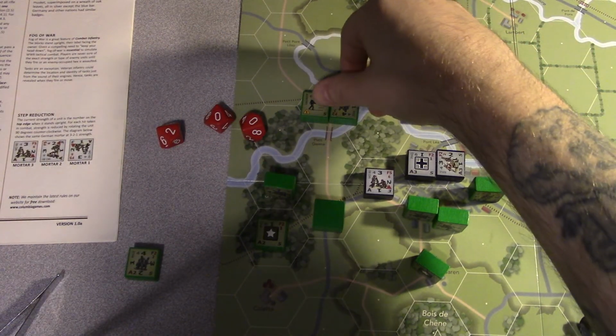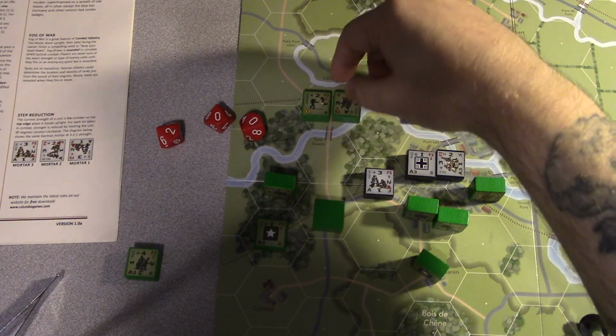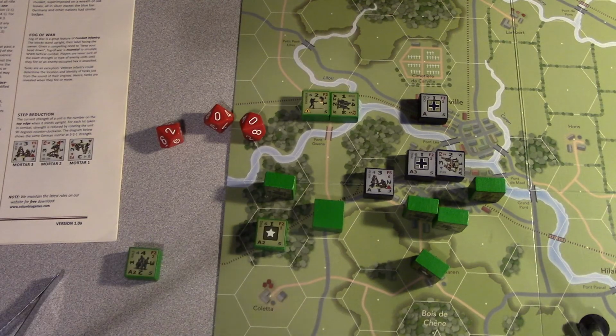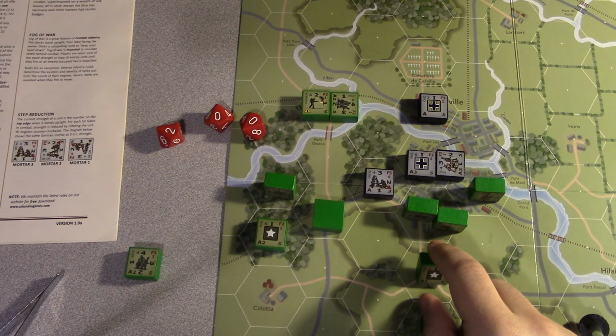Since these are tied for strength points, I like pioneer units, my engineers, so I'm going to take 1 step off of them. So now that infantry squad is hurt. So they need to get booking. Alright, so that would be the second activation for the German player. So the American player gets 1 more activation with his...